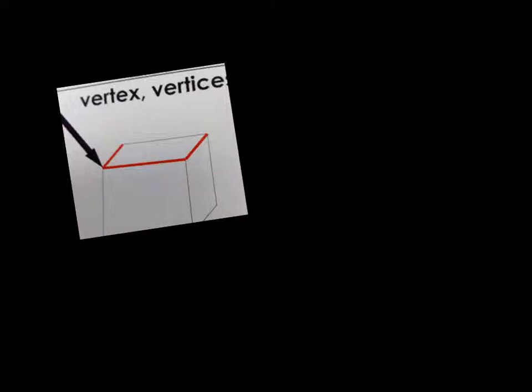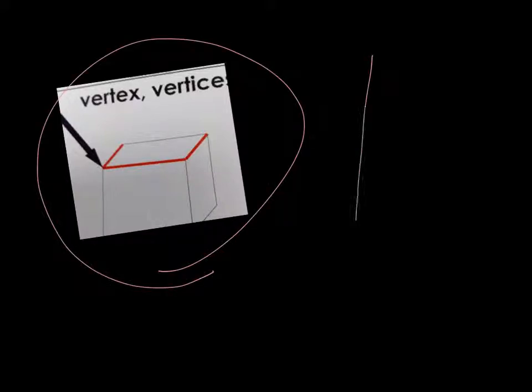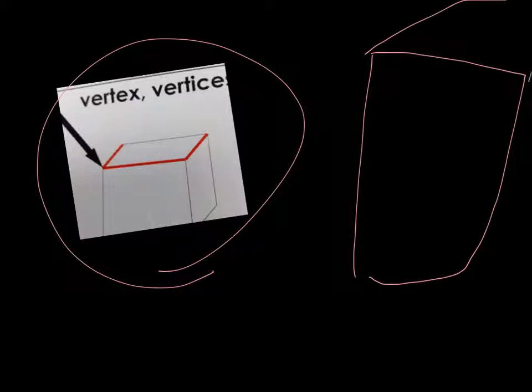So I want to show you a picture of a vertice like this one right here. And I want to draw one for you so you know. I'm just drawing a cube. Sorry guys, it's like this. I'm really bad at drawing them. So, you gotta circle one of those.